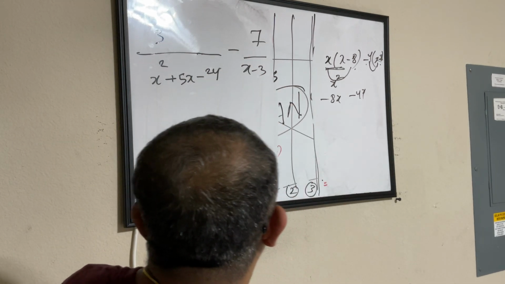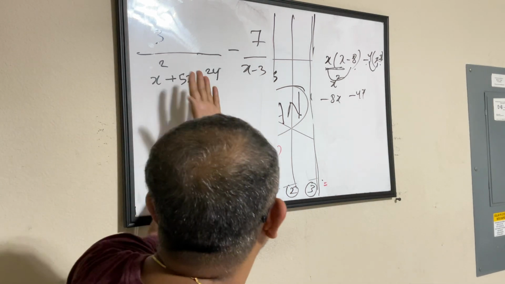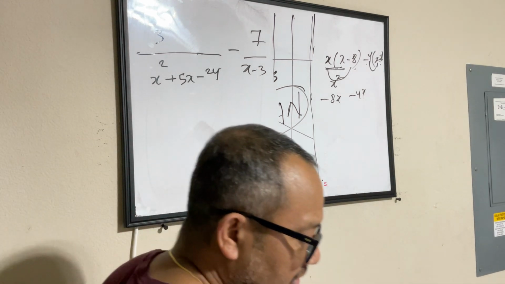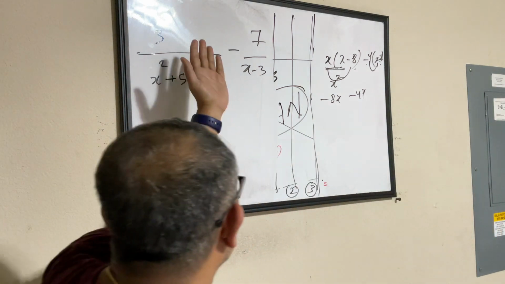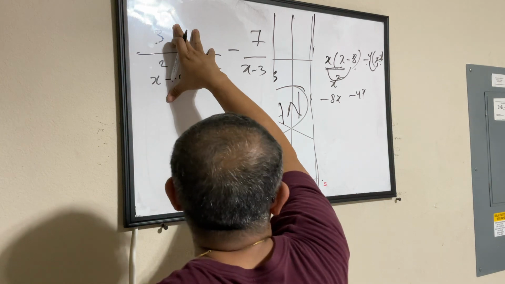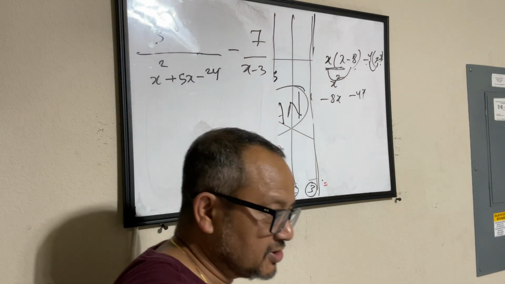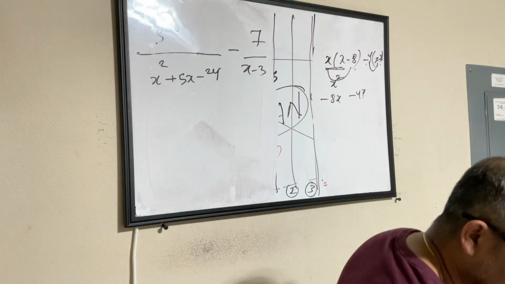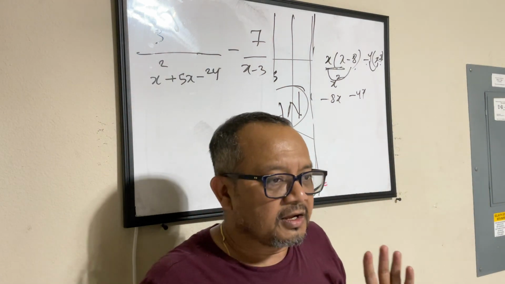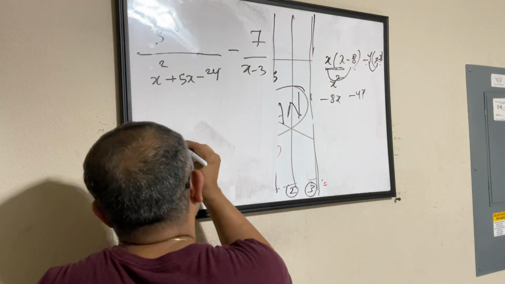The question is which of the following options is equivalent to the difference above. So this is one rational expression, this is another rational expression. What is the difference of this? And you have to choose the right option for this one. We are not trying to solve it. What we are trying to do is,